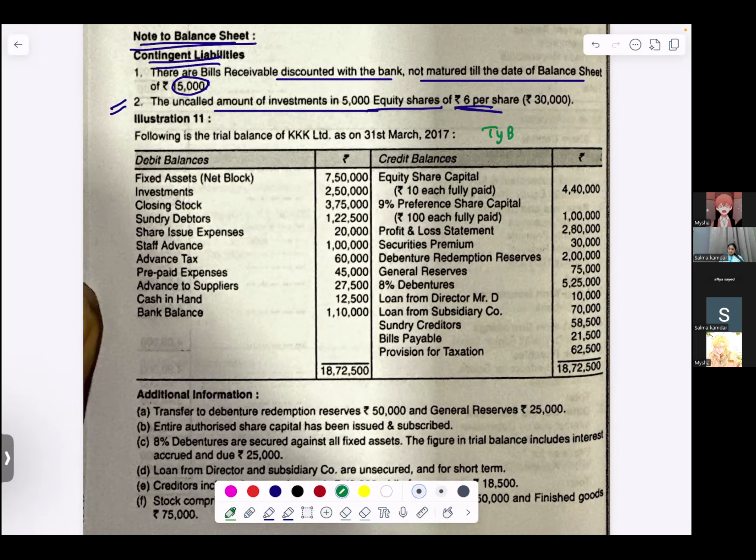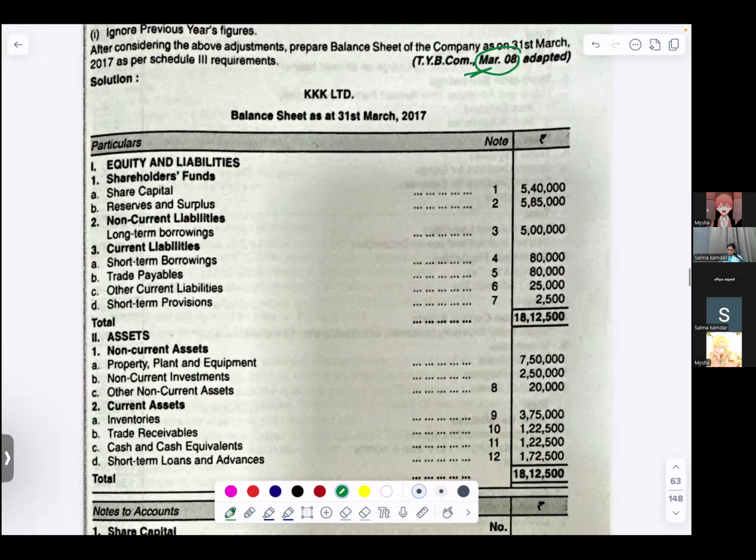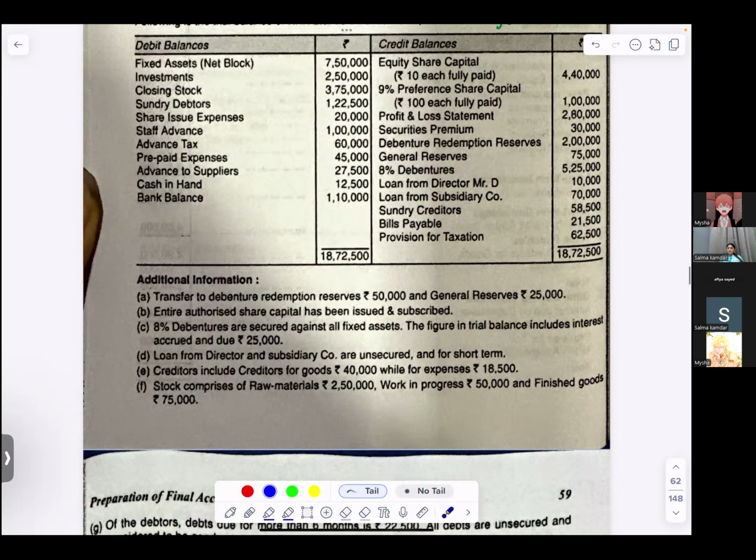Okay. It is always advisable that you first make the balance sheet the way we need it. You always write equity and liability, shareholders funds, NCL, CL, total assets, non-current assets, current assets, and everything inside it. That gives you a little bit of clarity as to what you need to put where. Now you've already done that, right? Okay. Keep that open in front of you and then do the markings.